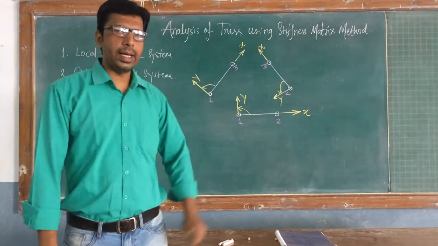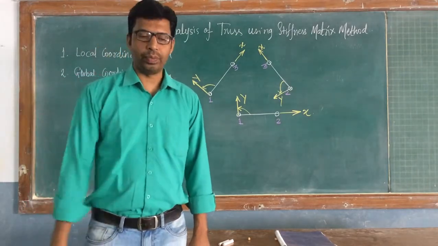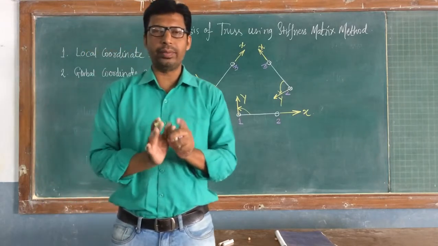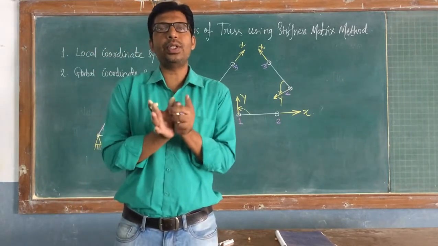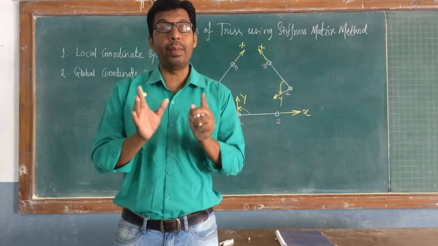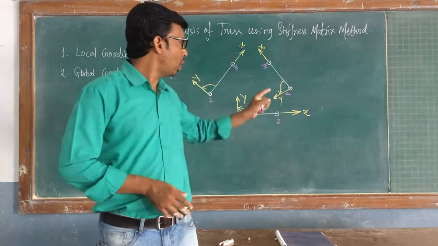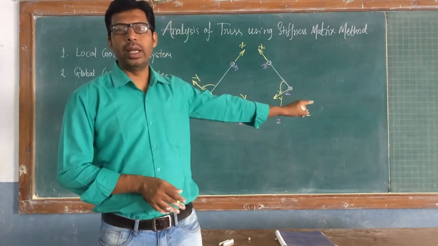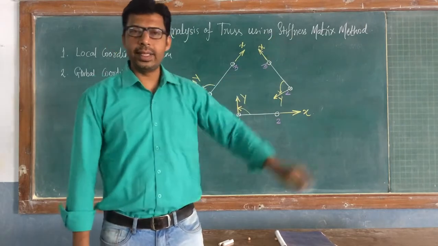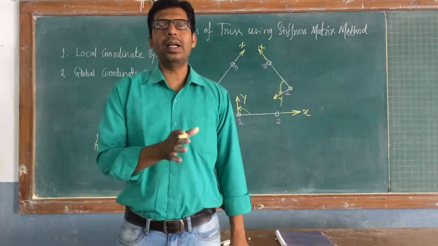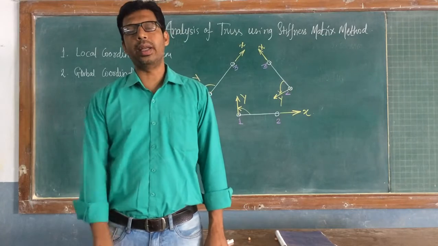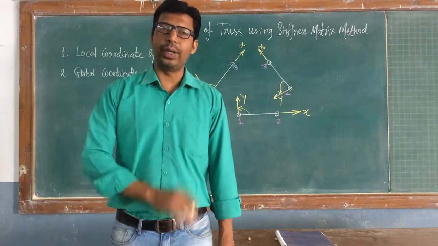So if you look at the three figures, your coordinate system changes member to member. So this is called the local coordinate system. It means for every member, we are choosing the coordinate system with respect to the orientation of that member only. If the member is horizontal, x is horizontal. If the member is inclined, x is inclined. So the coordinate system which changes member to member is called the local coordinate system.